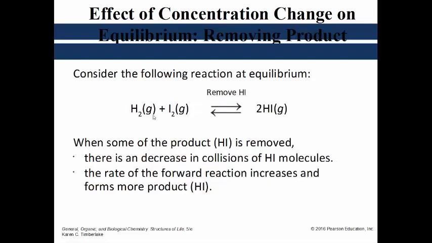What happens if you remove a product? Again, if these are at an equilibrium amount, if you remove some of this product, the rate of reaction will shift toward the product, because more product has to be made to balance out that negative stress, that loss of the product. So if you remove products, the rate of reaction will increase toward the product to make sure that